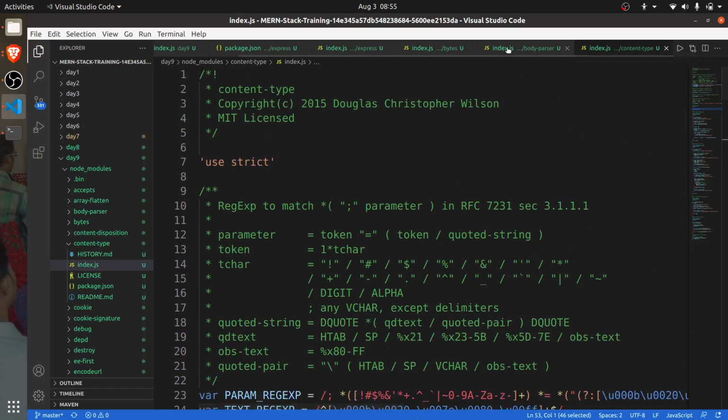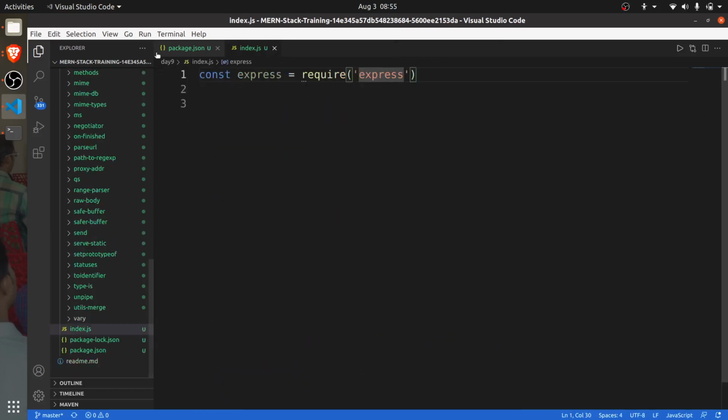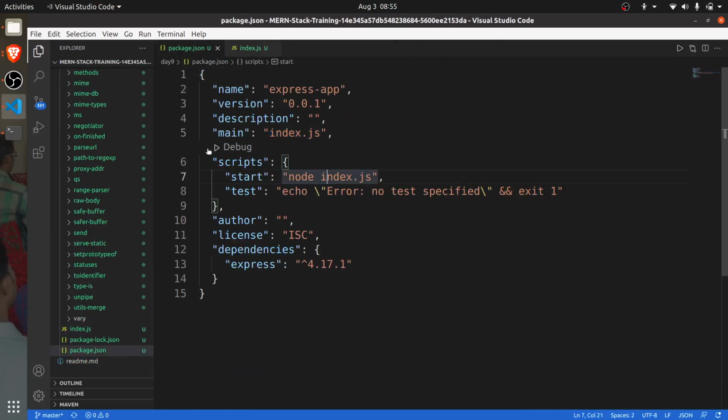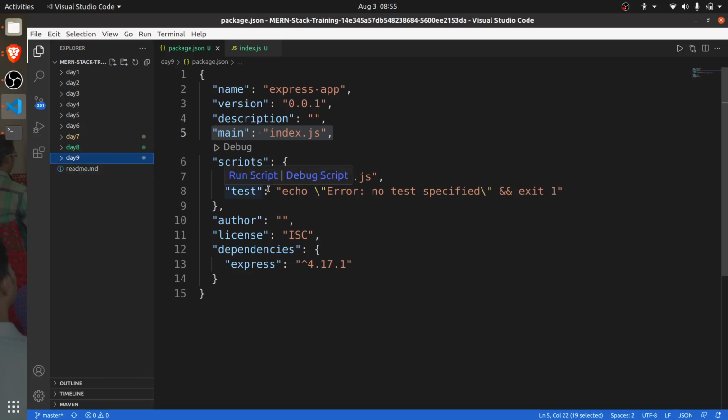Why you need to write the main is because whenever you import or require your application, at that time it finds everything in this file in the beginning. That is one thing. It is not for running over here.